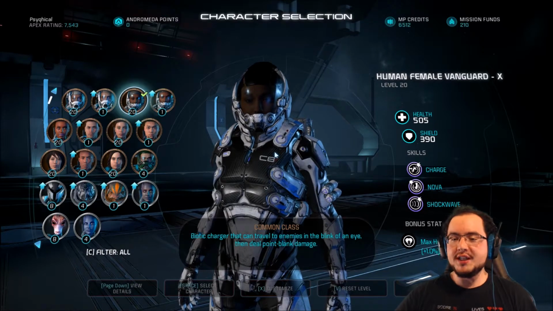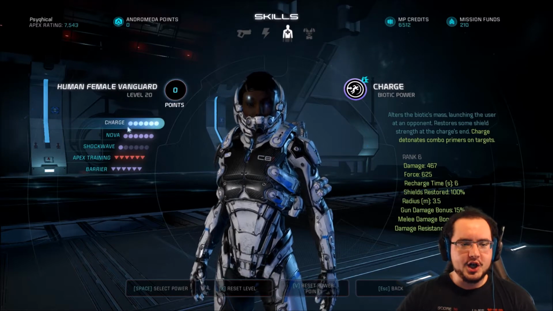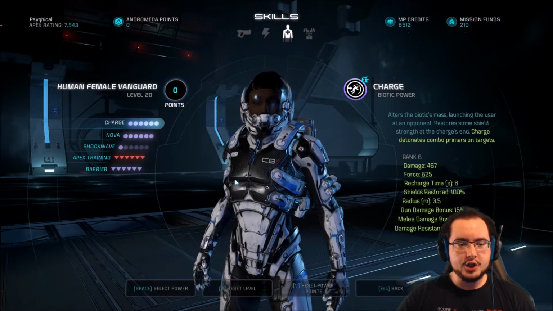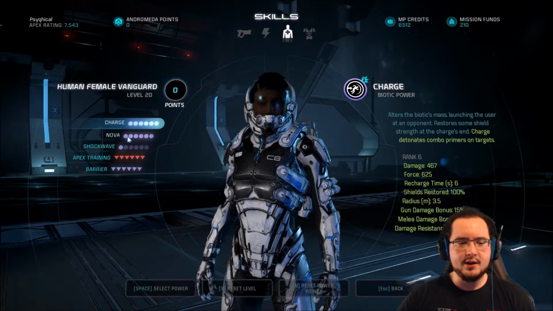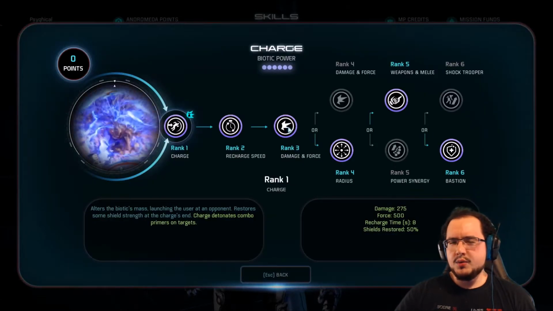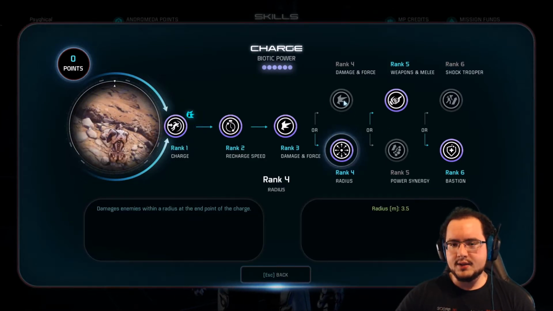Today we have landed upon the Human Vanguard. And let's take a look at the Human Vanguard, shall we? In the skills she has Charge, Nova, and Shockwave. We are not going to spend any points into Shockwave because it's basically used as a detonator whenever we use Nova. In Charge, we want to use Charge as somewhat of a staggering ability, so go for Radius instead of